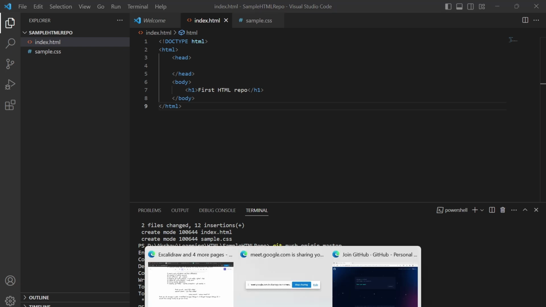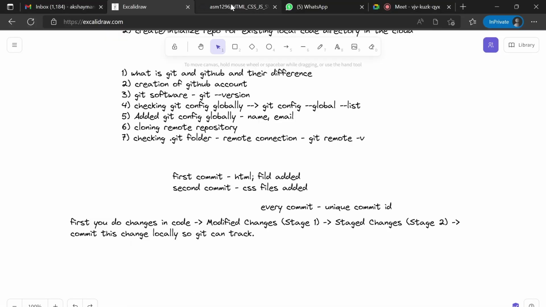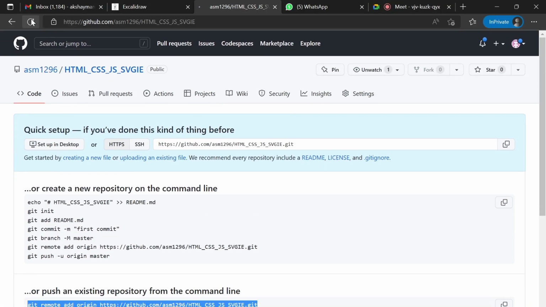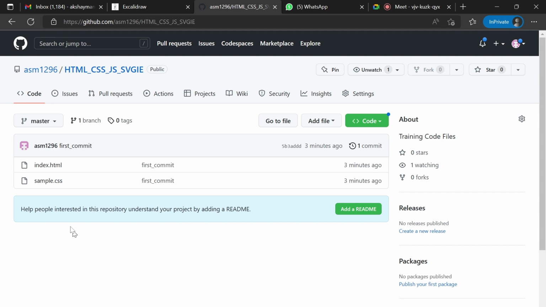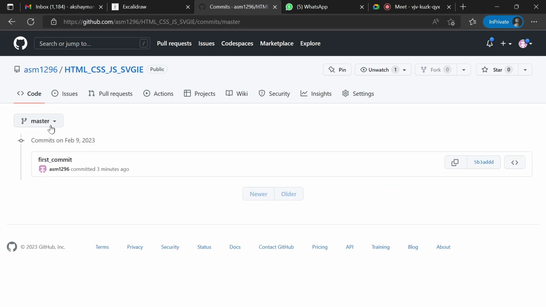So I will go to our GitHub repository. If I refresh it, see, two files are present, index.html and sample.css, with the commit also, the first commit which we did. And if I go here, for branch specific, this is the first commit, committed 3 minutes ago, on Feb 9, 2023, with the same commit ID. If you go inside the commit,